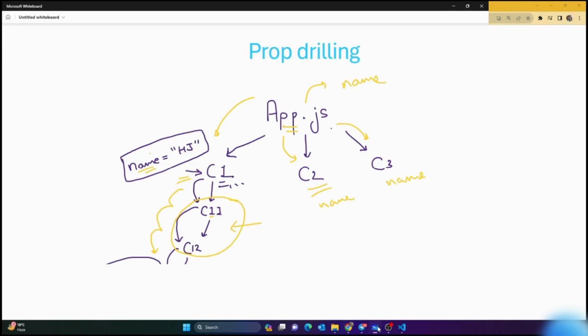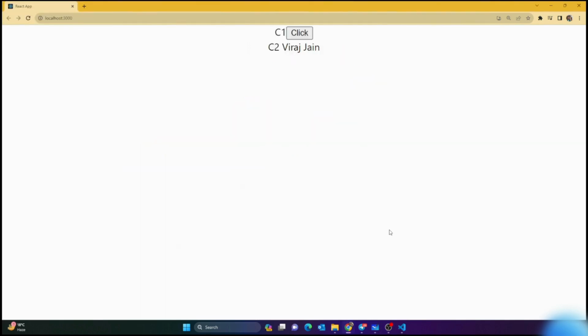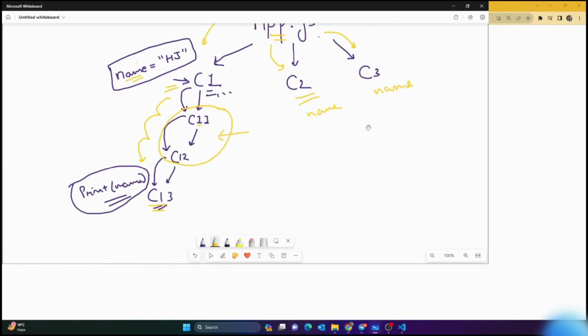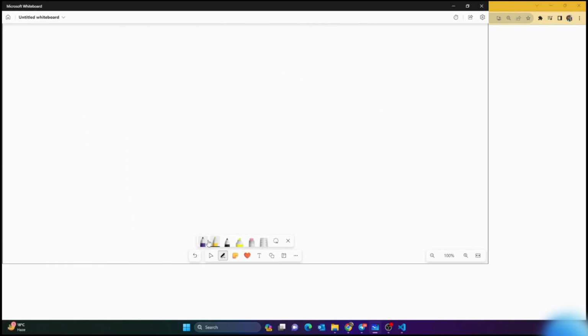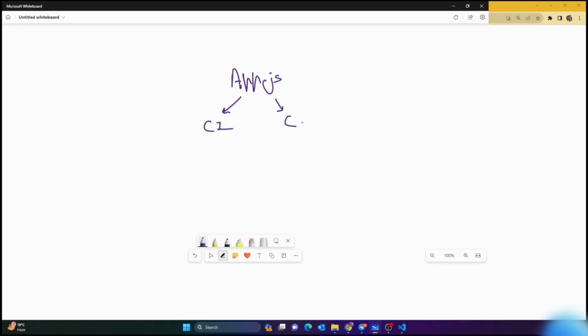Okay, so how the structure here exactly works, I would just again draw a diagram for a better explanation. We have app.js. It has two components. One is C1, second is C2. In app.js I've defined a variable, that is a state, as name. And here suppose I said name is Viraj,